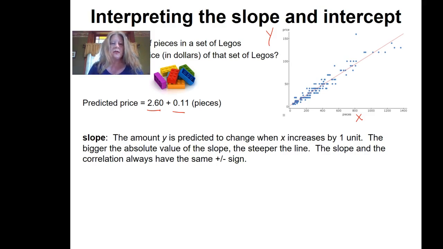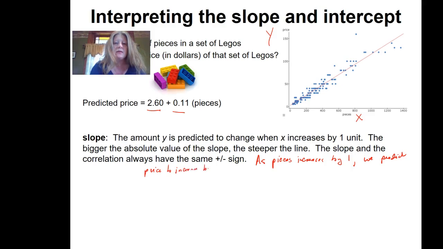So in this particular example, how would we interpret that? So we would say, as pieces increases by 1, we predict the price to increase by $0.11. And so again, the slope, the units for the slope would be in whatever the units of measurement are